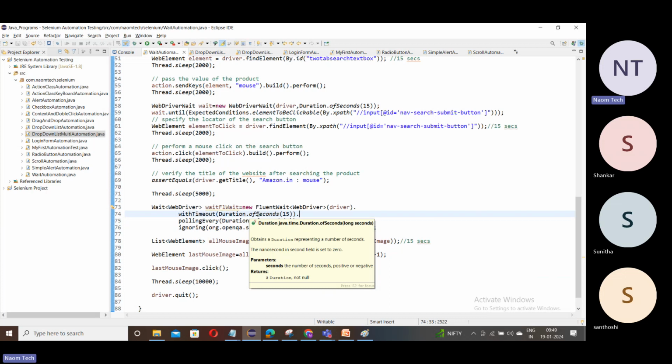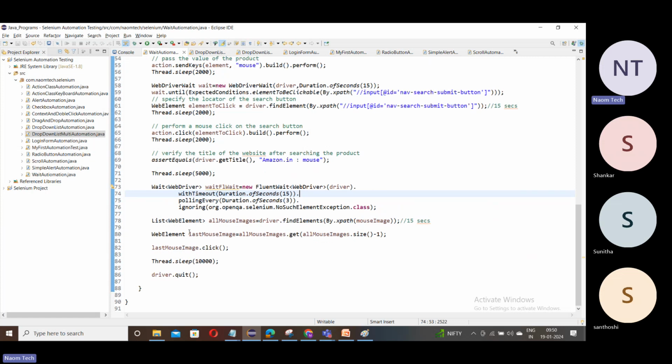These are very important topics for interviews, friends. Just go through and try to explore more on these waits. Anyhow, maybe in future we do workshops on Selenium projects. At that time, we will try to cover these scenarios in the projects as well. Okay. So that's it,